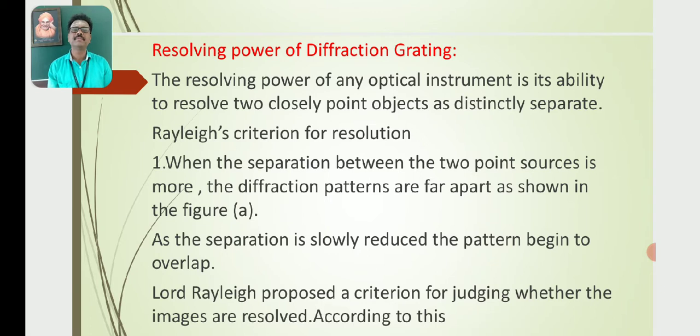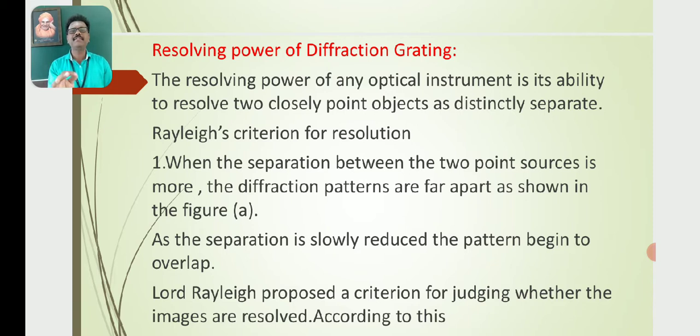We also discussed the nature of the spectra obtained in the diffraction grating experiment, the dispersive power of a diffraction grating, and the differences between the spectrum obtained with a prism and that obtained with a diffraction grating. All those things. So today, let us discuss